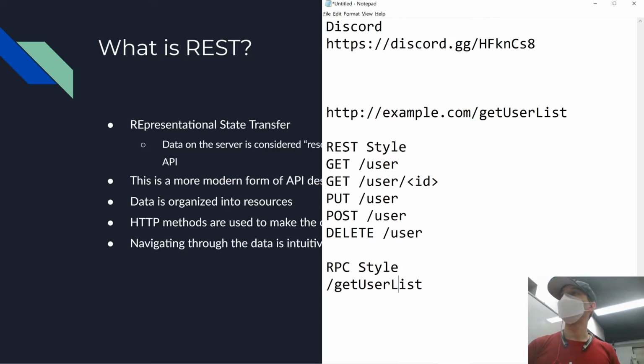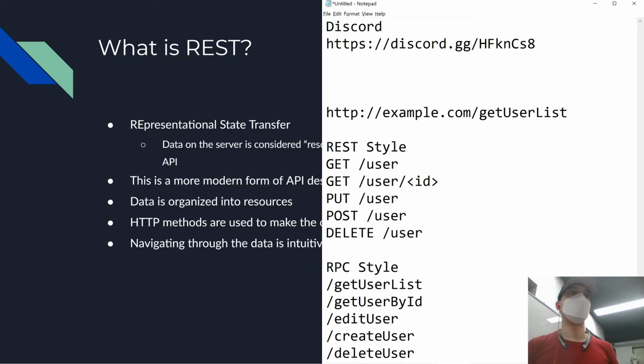All right. So the equivalent of these might be get user list, and then get user by ID, and then edit user, create user, and then delete user. Right. So isn't it the same as the REST API? It kind of is, yes. Now, the difference being that